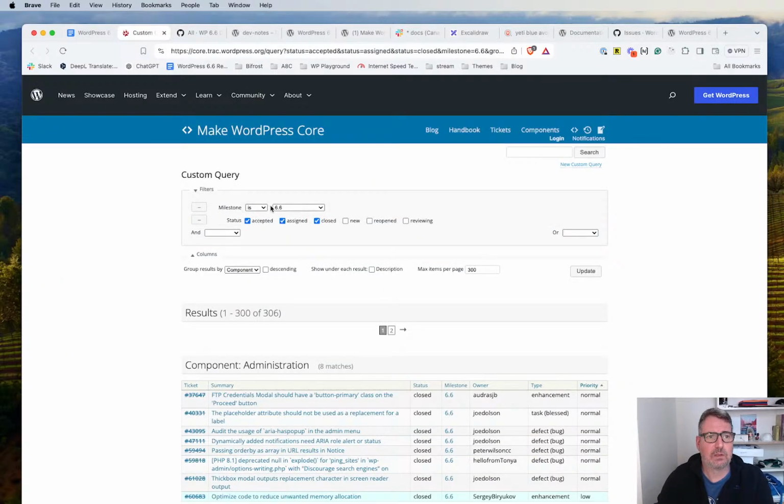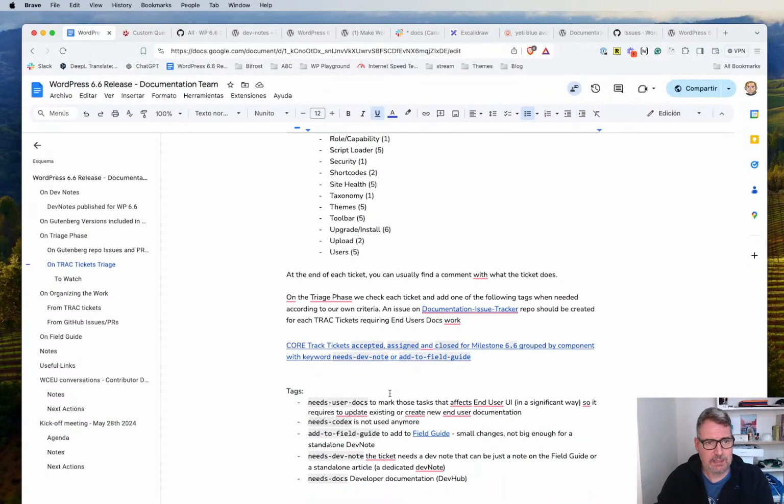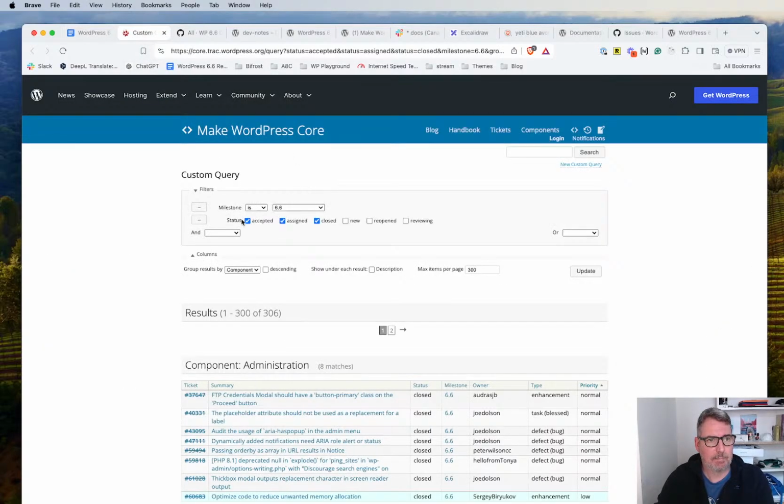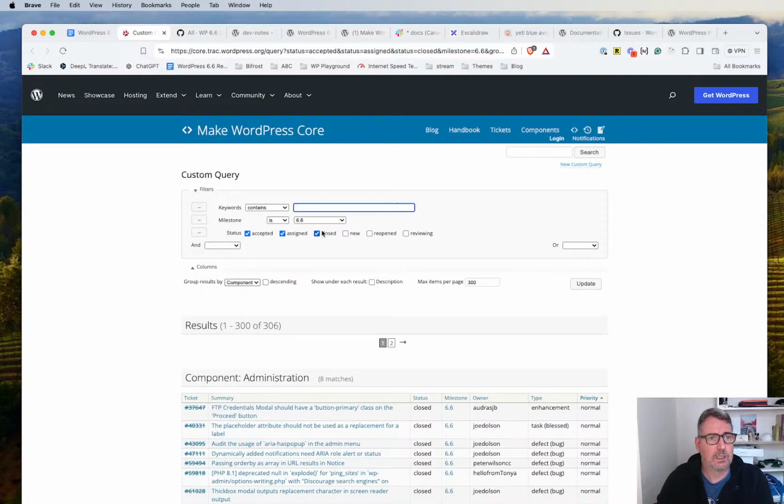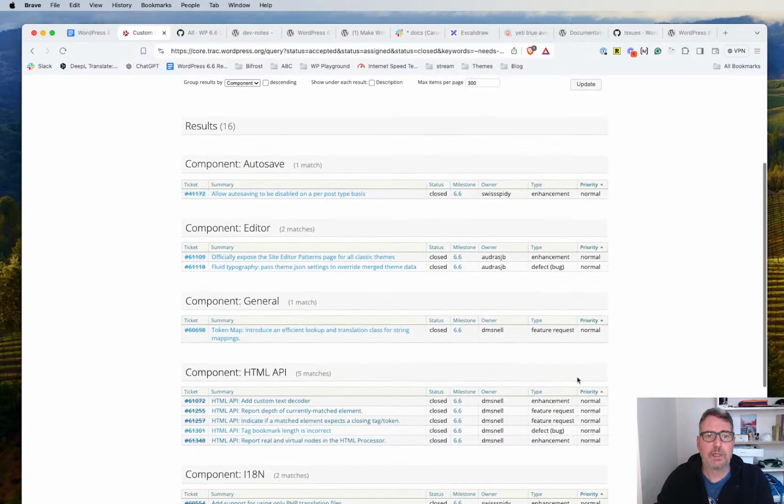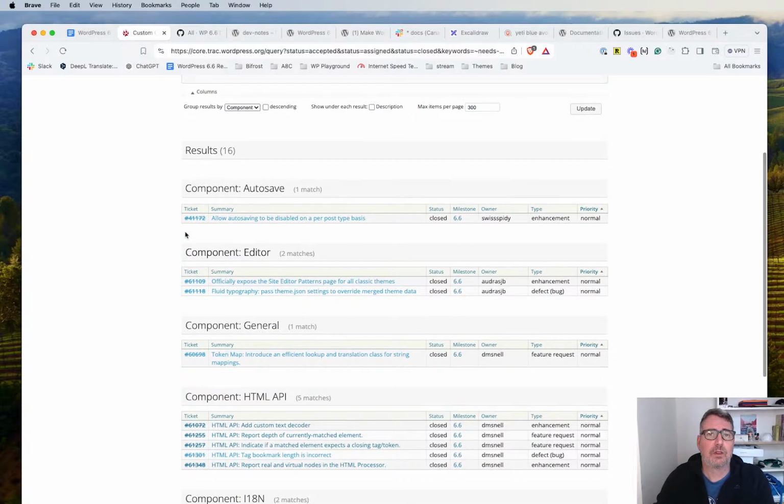So these are all the tickets that are part of WordPress 6.6, and we can look for needs dev note. We can say, okay, let's look for the tickets that belong to the milestone 6.6 and keywords contains dev note. So if we update, here we can see a list of Trac tickets with the keyword